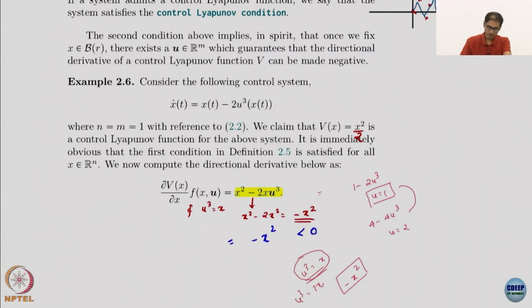Yeah. So this x dot is x minus 2u cubed. Okay, again I have written it as a function of x and all that. Don't get so worried about the notation because it is a text, so we have to write it very precisely. Okay, we assumed n and m are 1, that is the state space is one dimensional, the control is one dimensional. Okay. Again, too easy.